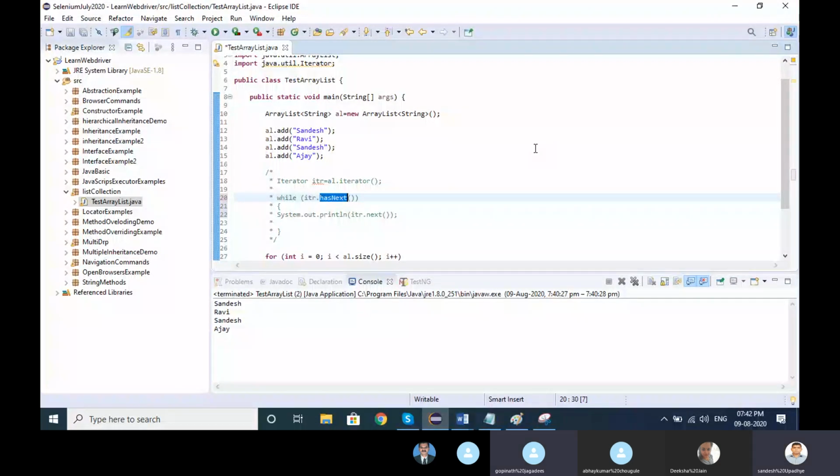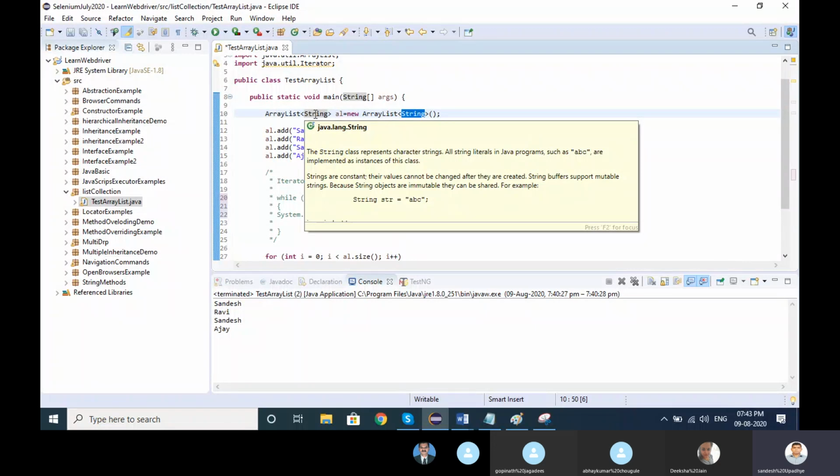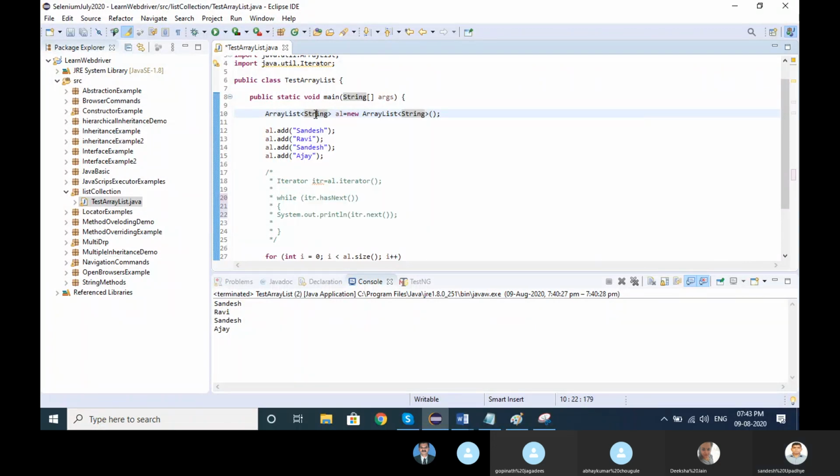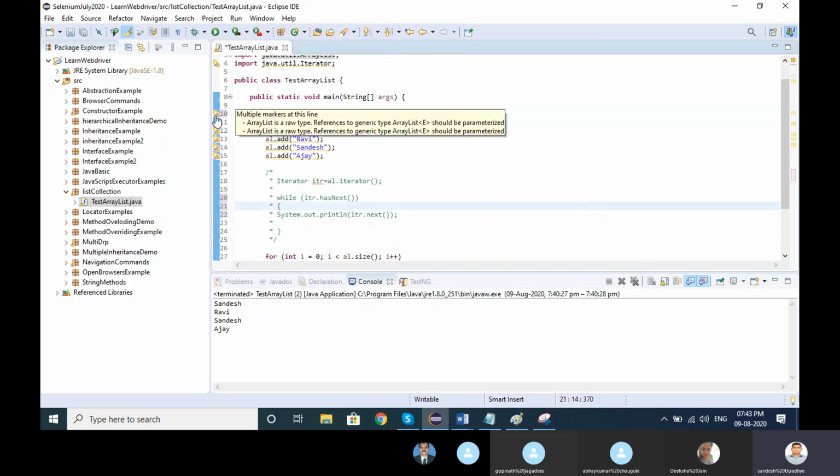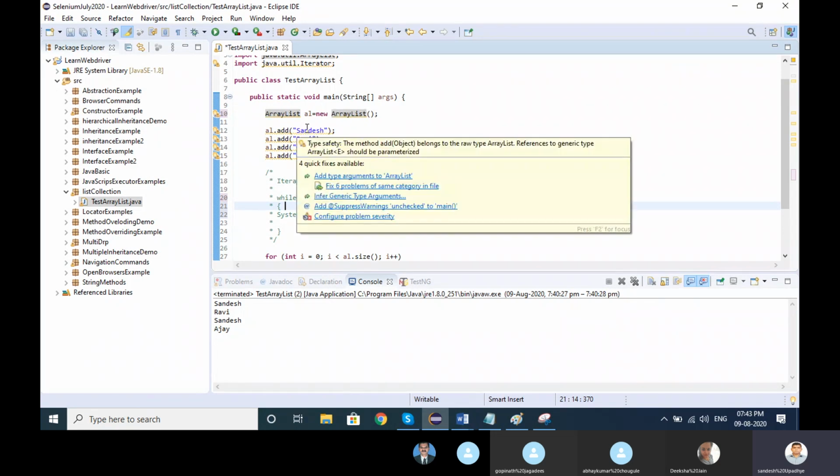And why are we mentioning that String inside the greater than and less than symbols? Actually, when we use String like this, it is called a generic. In a collection, if I don't define this generic, what happens? It gives a warning. Look here. While working with collections, it is always recommended to go with the generic. It's not giving an error, but it's giving a warning. Whatever elements I have added, I have added all strings here.